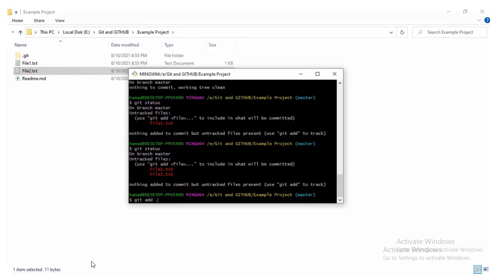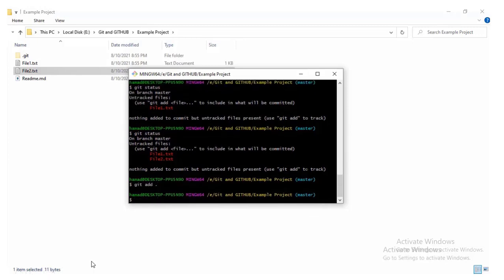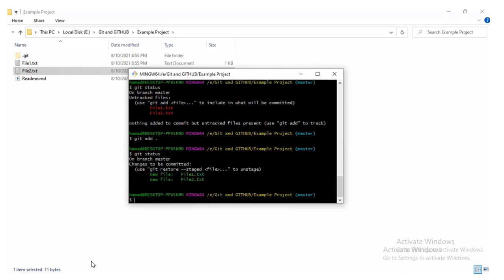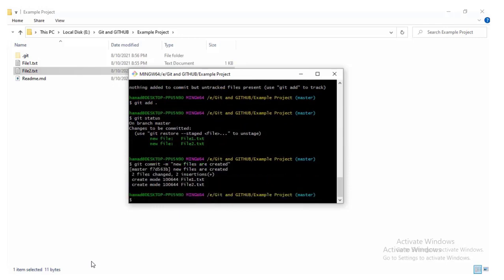To add all the untracked files to the staging area at once, you can use git add and a dot. That will recursively add all the files to the staging area. Now use git commit with -m and some message about what this commit is about, and yes, we have successfully committed